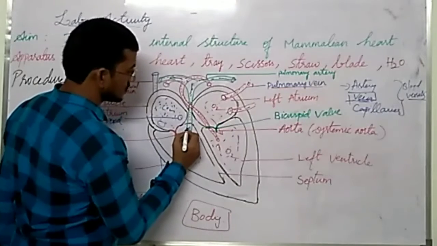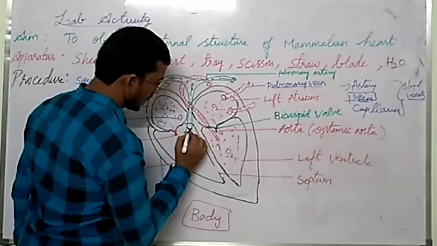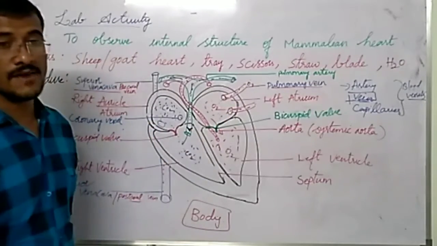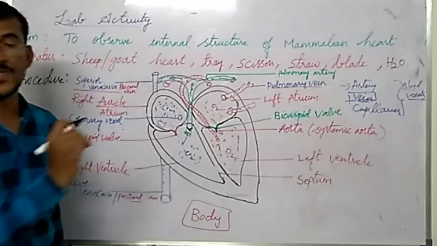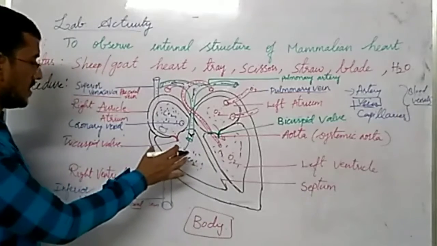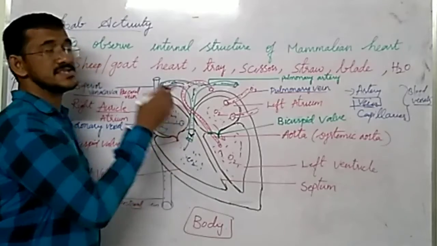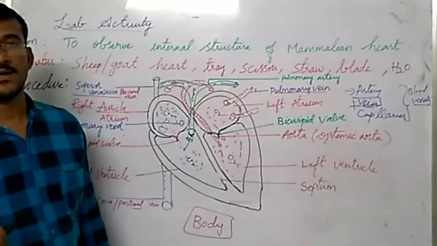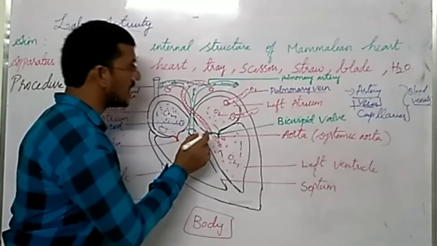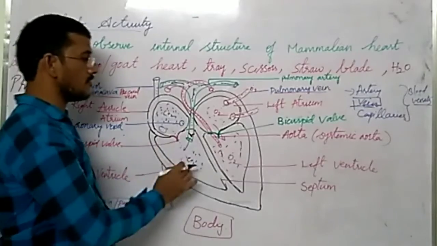pulmonary artery. So here a valve is present. This valve is called as pulmonary valve. This pulmonary valve will prevent backflow of the blood from pulmonary artery. So generally when ventricle contracts, blood will enter into the pulmonary artery. Again, there is a chance of coming back. Blood will try to come back. Then immediately this valve, that is pulmonary valve, closes and will prevent the backflow of blood.